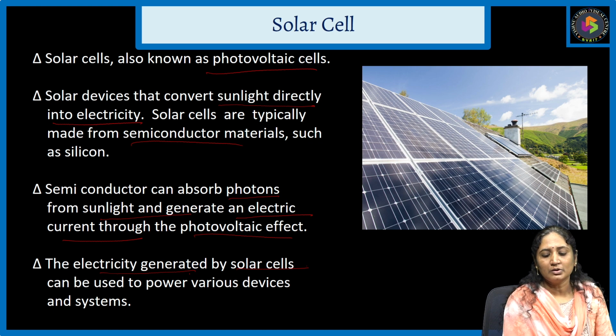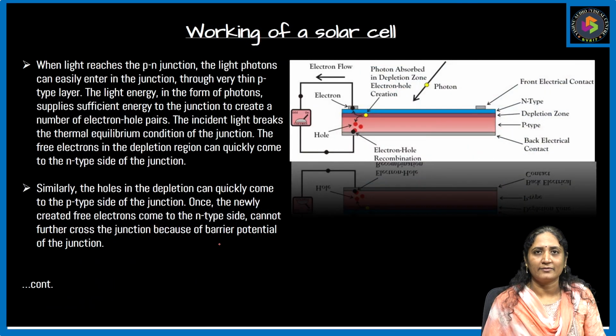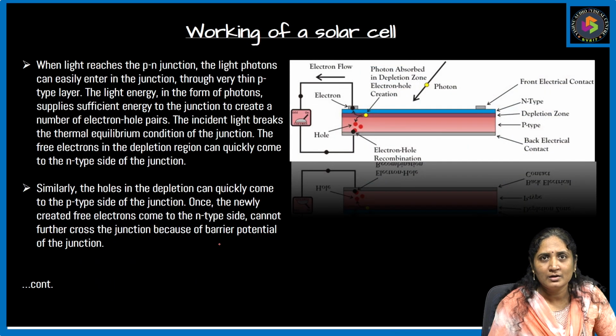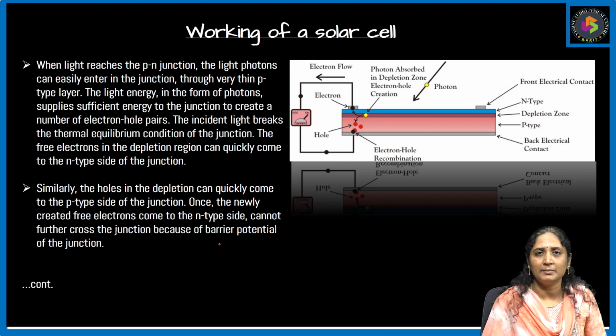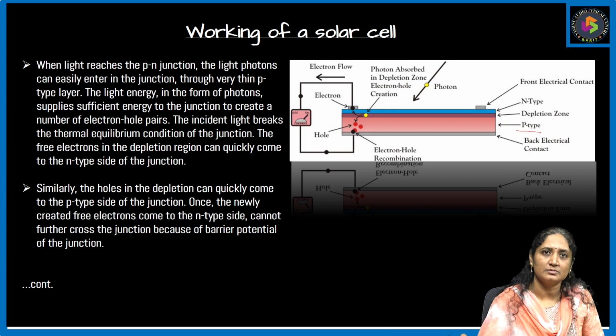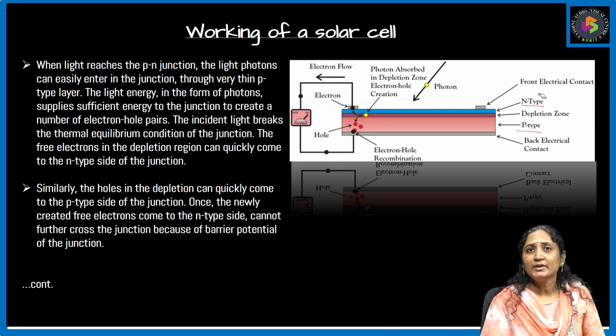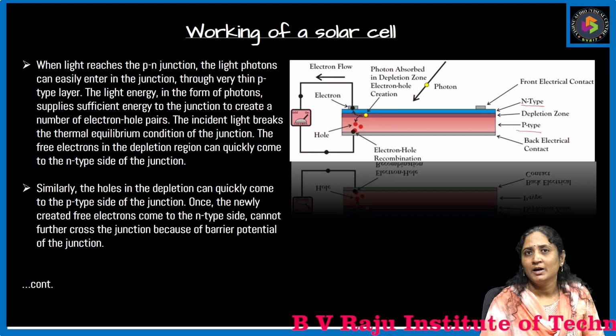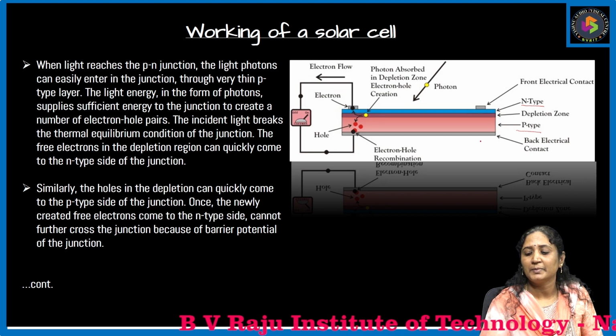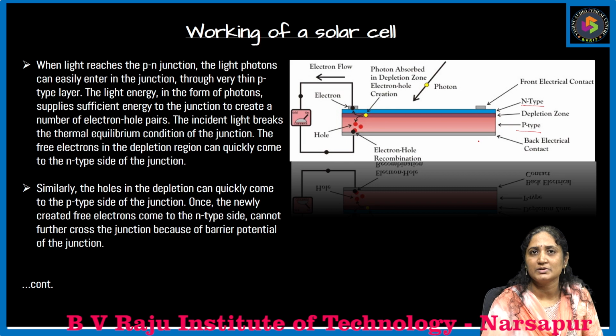So come to the photovoltaic effect. What is meant by the photovoltaic effect? We know that we have p-type and n-type semiconductors. In p-type semiconductors, holes are the majority and electrons are fewer. In n-type, holes are fewer and electrons are more. When electrons migrate from n-type to p-type, where the holes are more, these holes are occupied by those electrons, and from p-type to n-type the migration of holes takes place.